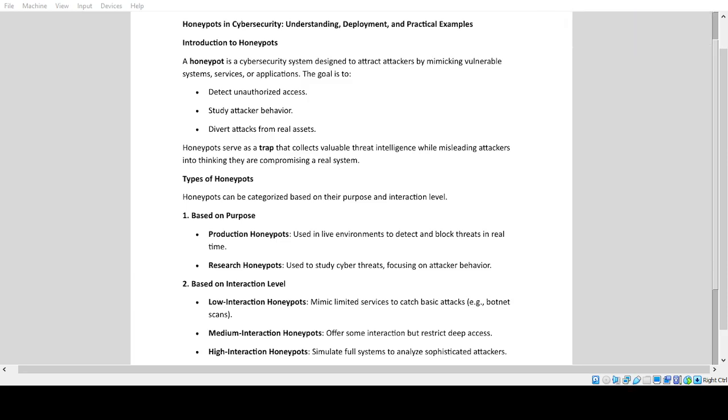Understanding, deployment, and practical examples. Introduction to honeypots. A honeypot is a cybersecurity system designed to attract attackers by mimicking vulnerable systems, services, or applications. The goal is to detect unauthorized access, study attacker behavior, and divert attacks from real assets. Honeypots serve as a trap that collects valuable threat intelligence while misleading attackers into thinking they are compromising a real